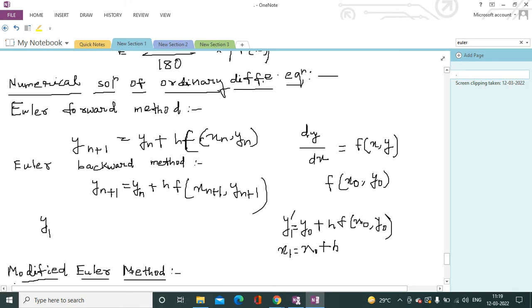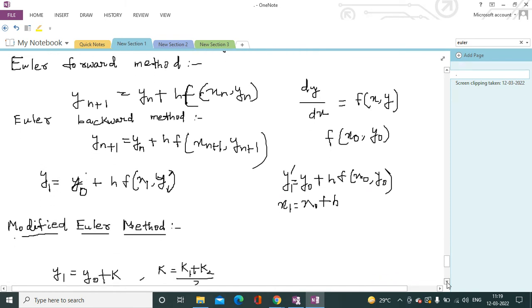So that will be way more convenient while solving for Euler backward method. Okay, if y1 is asked, then that will be y1 equal to y0 plus h f of x1 comma y1 dash, as per the standard formula. So that will be more convenient while solving, and y1 dash will be evaluated from the formula of the Euler forward method. Okay guys,